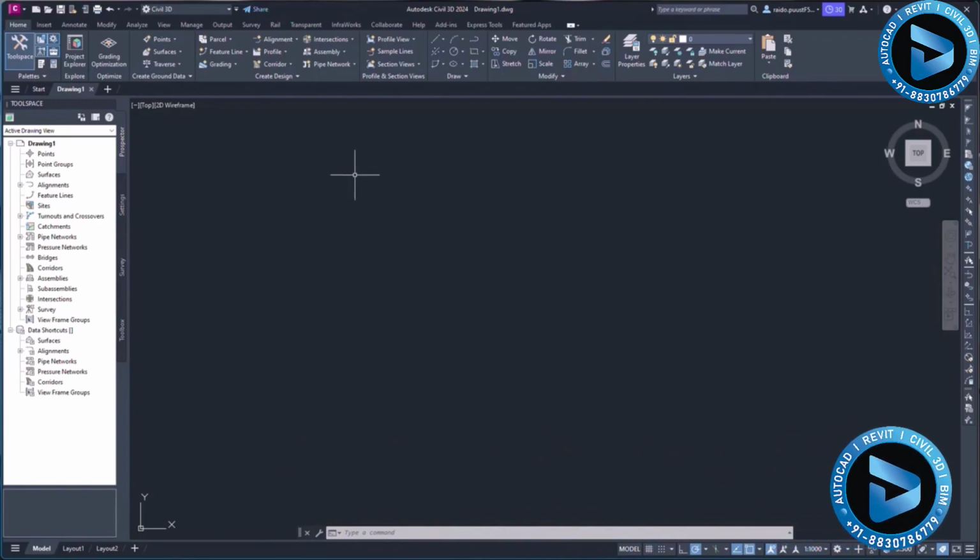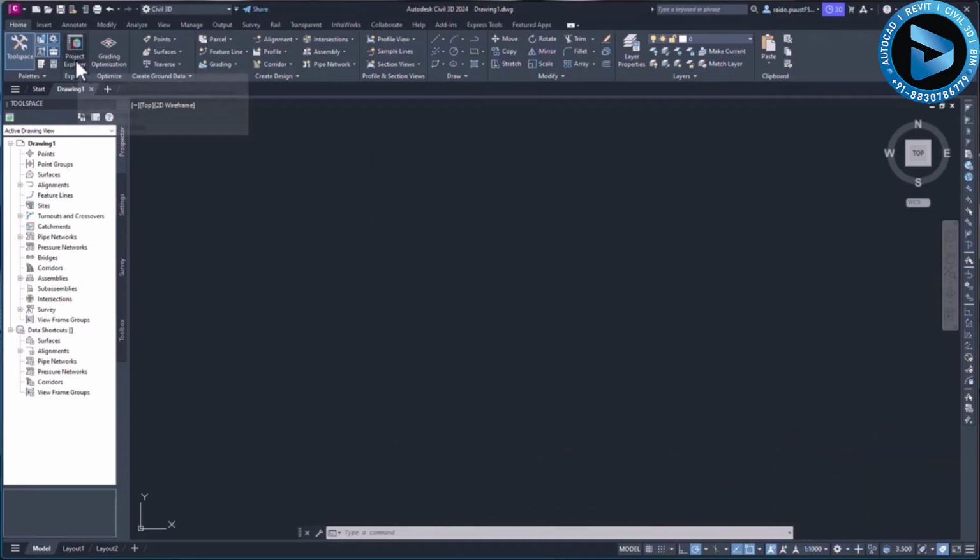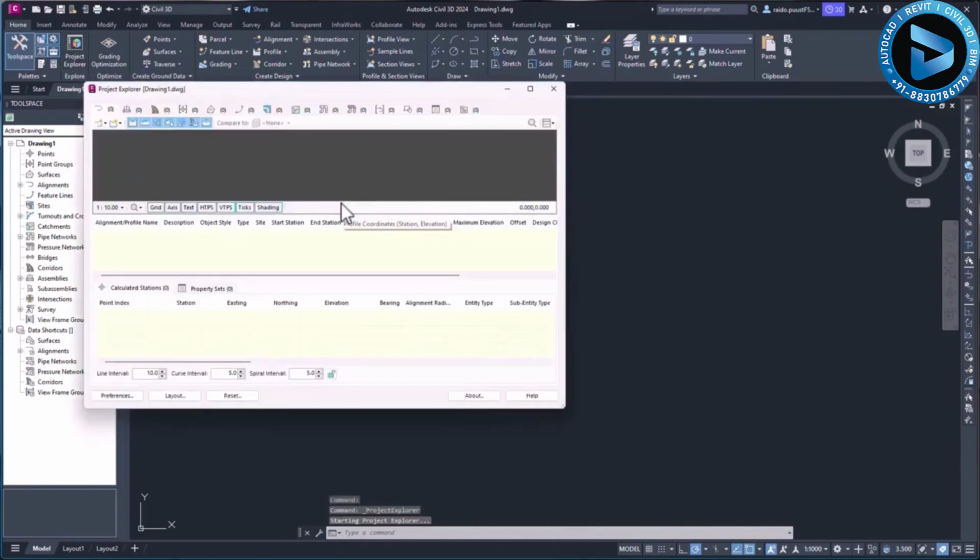In 2024, I do have Project Explorer already ready. So this is an additional plugin, but it is now installed in one go. You don't have to download it separately and install it separately. Now it's included in your installation. That's about it. So that's how to download and install and first